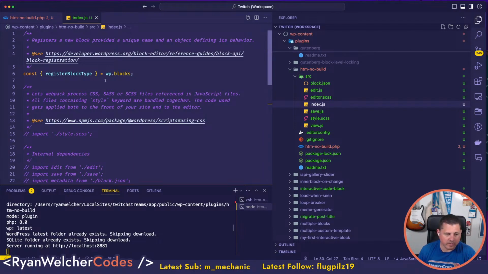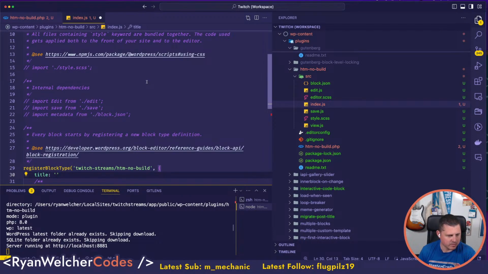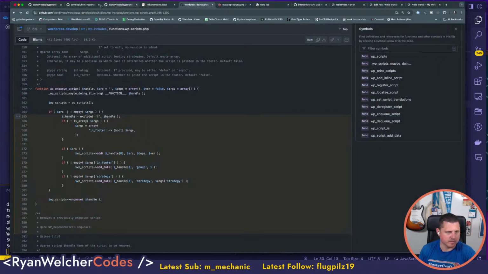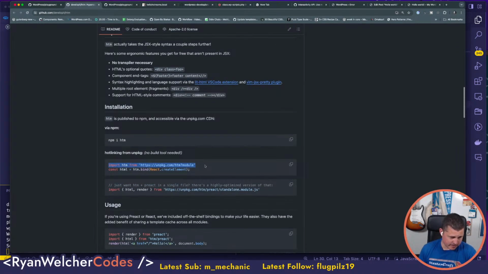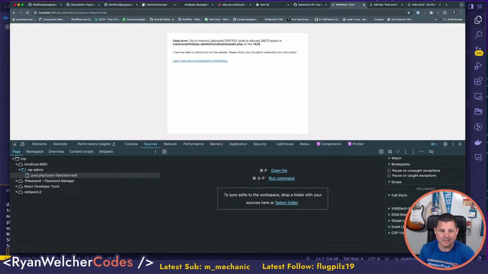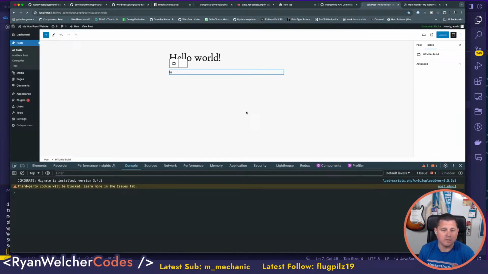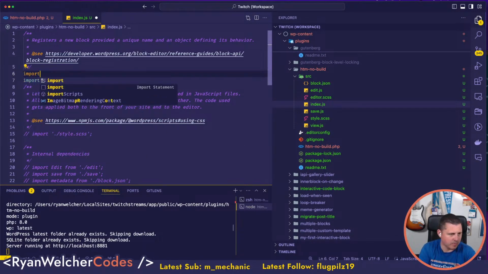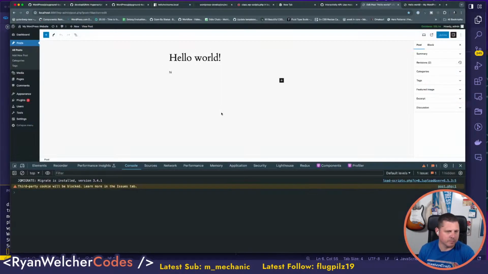If that's working correctly, shouldn't I be able to do the import like I was doing before? I should be able to use imports from here, right? I should be able to say this thing, import HTML, right? I should be able to do that. Boom, boom. I mean, let's see. I don't even know. Didn't get an error, which means I should also be able to go import register block type from WordPress blocks and